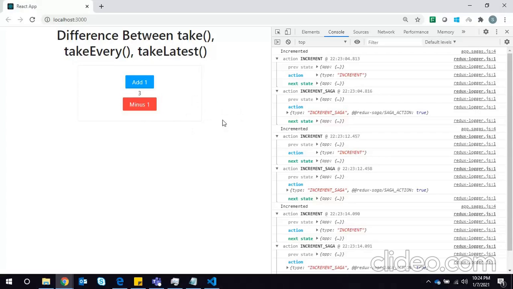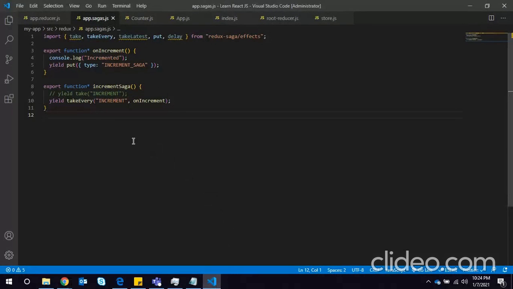So this is the difference between take and takeEvery. Okay, so the same thing you can also achieve, this logging, with the take also. What you have to do is like,